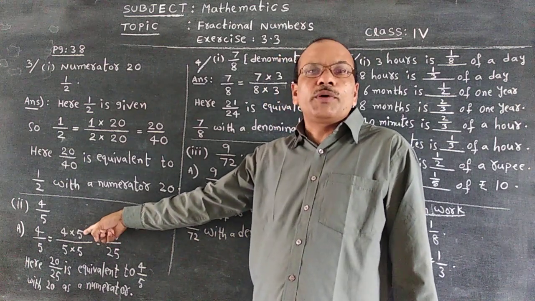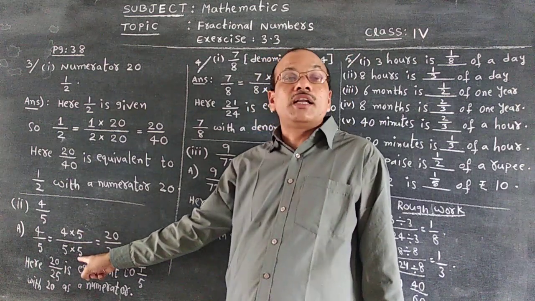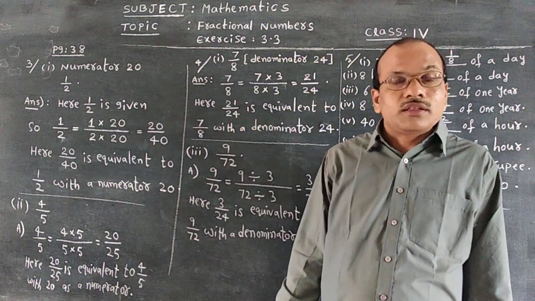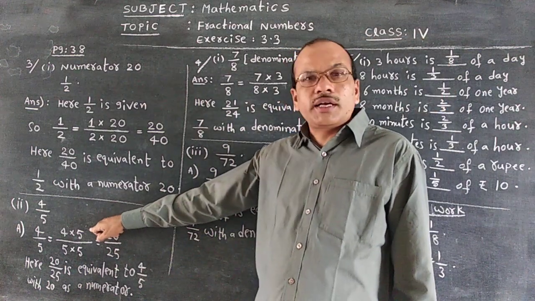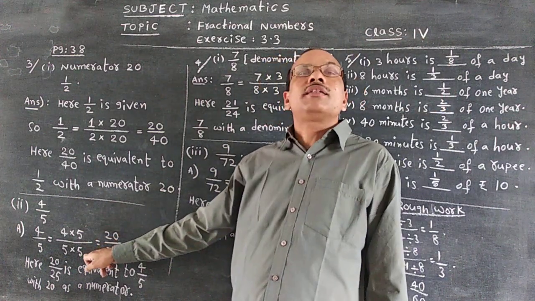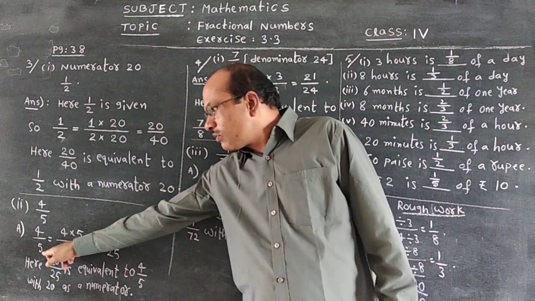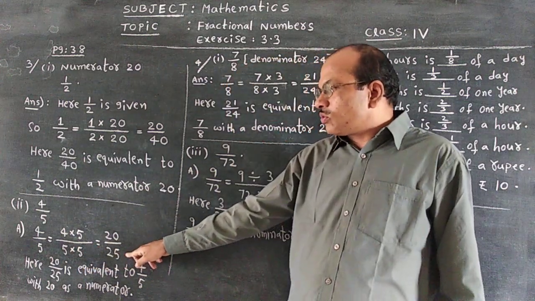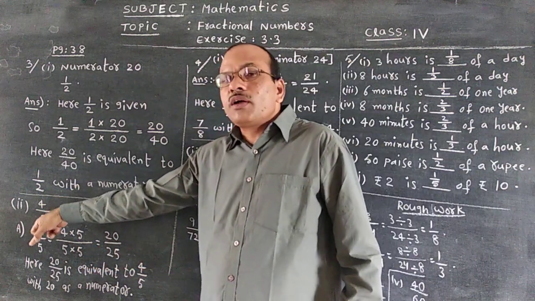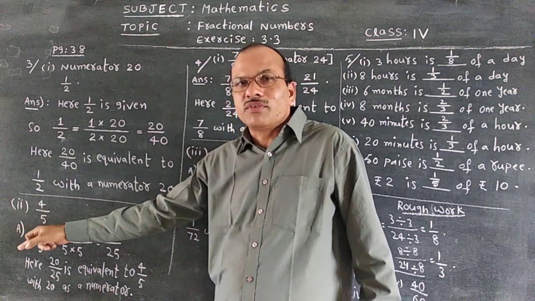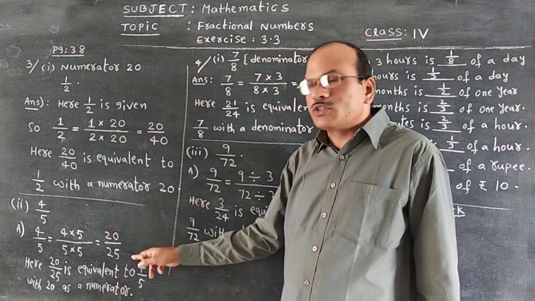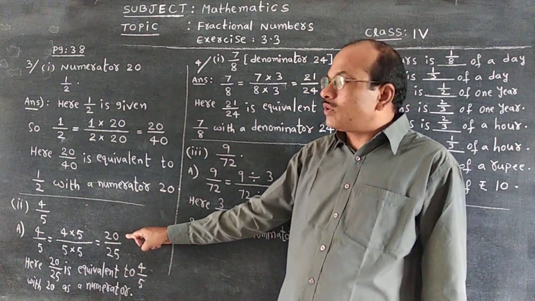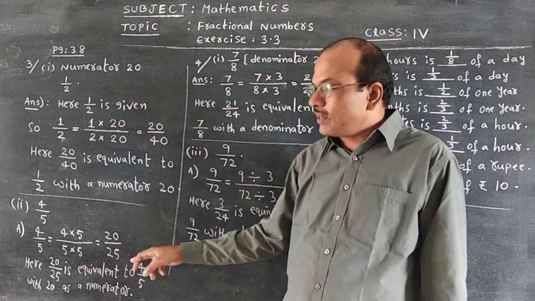When 5 is written in the numerator, the same 5 I have to write in the denominator. If we do not write like that, the value of our fraction will change. That's why we have to write it. If 5 is taken newly, the same 5 I have to write in the denominator also. So that 5 should multiply with another 5. 5 into 5 gives you 25. That means 4 by 5 changed as 20 by 25, because they want to see the numerator as 20. That's why we are multiplying with 5 by 5.